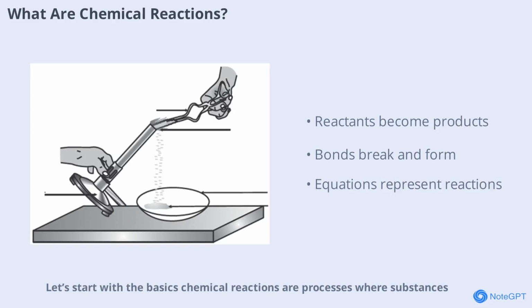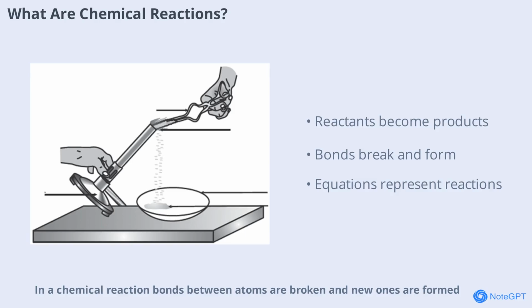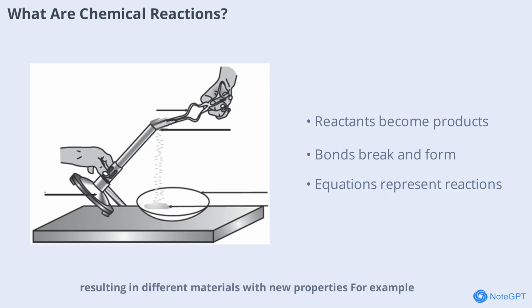Start with the basics. Chemical reactions are processes where substances called reactants transform into new substances known as products. These changes are all around us, from the rusting of iron to the digestion of food in our bodies. In a chemical reaction, bonds between atoms are broken and new ones are formed, resulting in different materials with new properties. For example, when magnesium burns in oxygen, it forms magnesium oxide, a classic reaction you might see in a